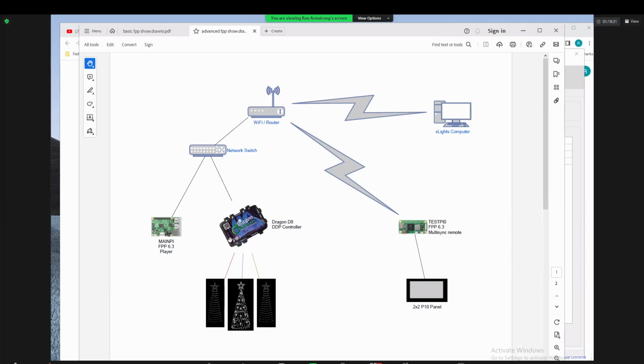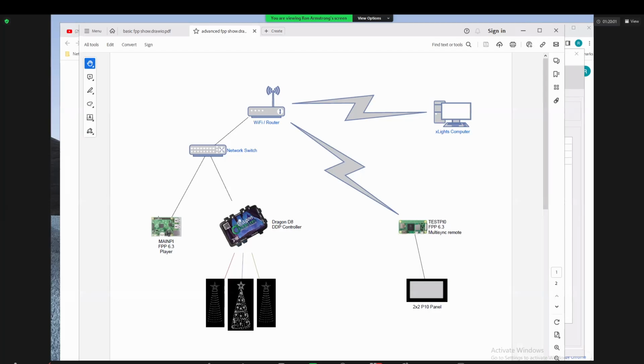In this case, I'm using a Matos Dragon 8-port controller, but this could be a Falcon, could be an xLights, it could be a Hinks Pix. This is just a representation of a standard bridge mode type controller. And we have 3 models currently plugged into that. I've got a couple of NSR trees and a Spiral X tree. So this is a pretty small show setup, but it will demonstrate the major components to use FPP as a